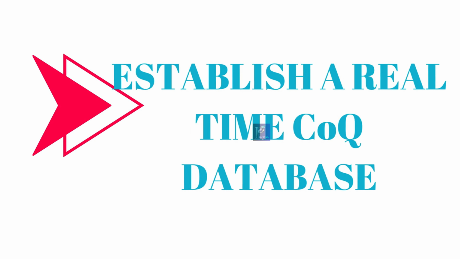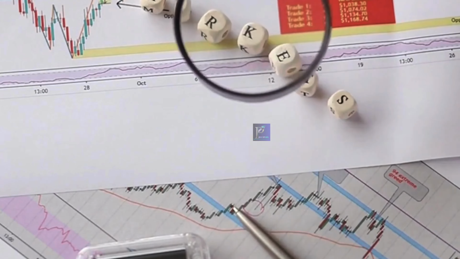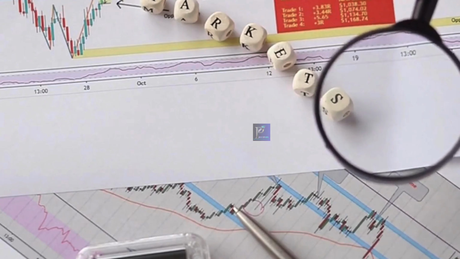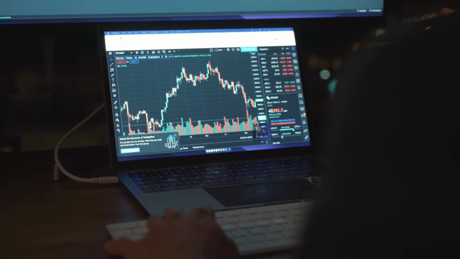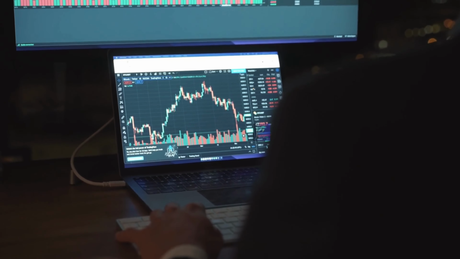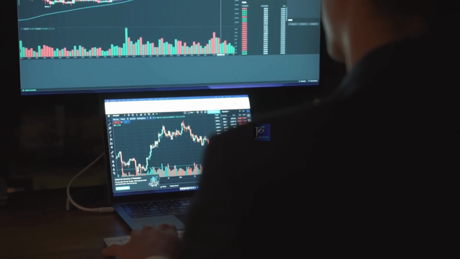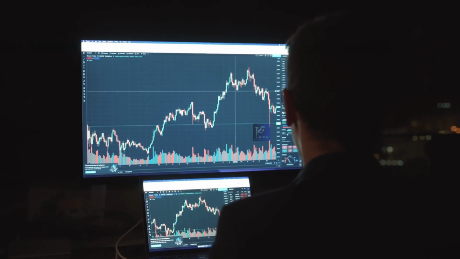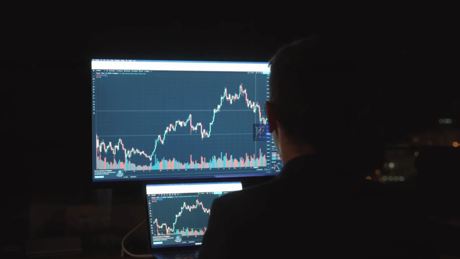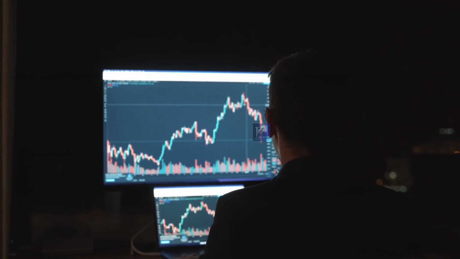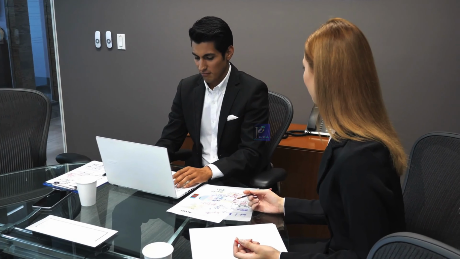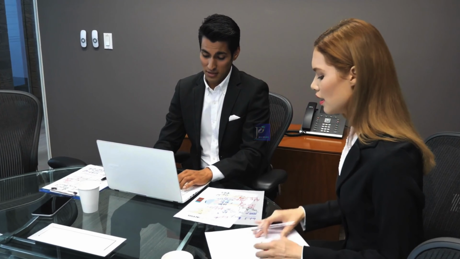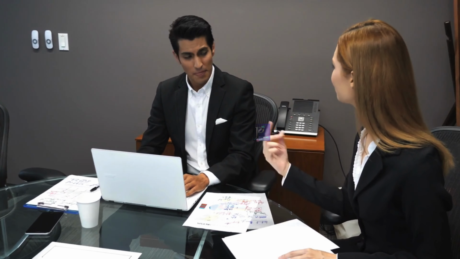Thirdly, I would recommend to establish a real-time department-wise database of quality cost. So focusing on quality during manufacturing, installation, if it's a site, construction, execution, at all stages, design, any stage, it is very, very critical and needs to be assessed for quality cost. This requires setting up an open system where employees at all levels can report incidents, defects, or near misses. Such transparency ensures that management receives accurate information from the site.